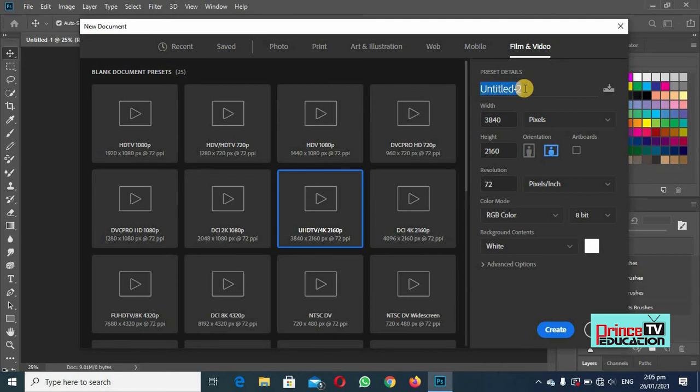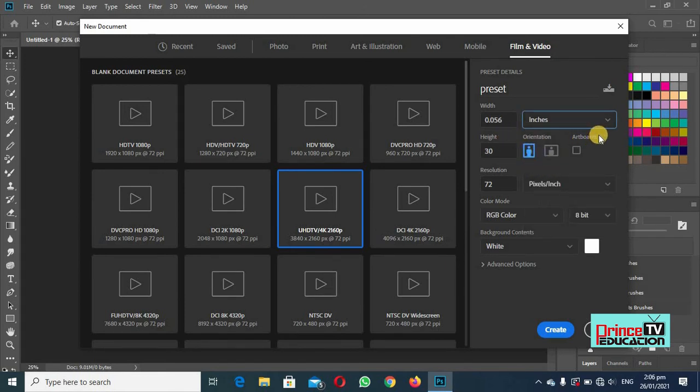So we can just change its name. It's Untitled, and we can just say Preset 1, and I need a width of, like, 4 inches. This is pixels, and you can just change it to any unit you want. Like it was in pixels, but I want inches.